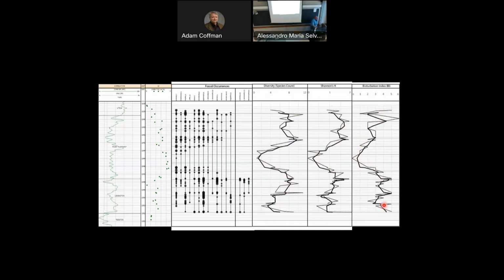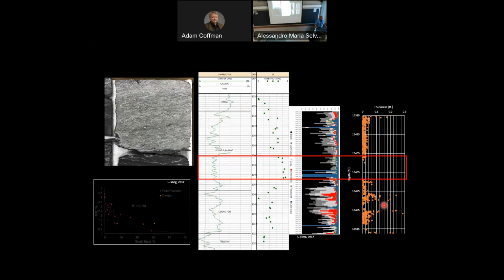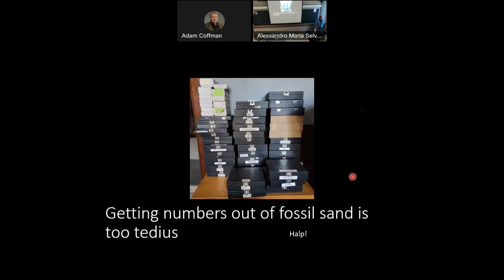And what this shows is basically thickness of shell beds. And you notice that in the zone where you get a lot of organic matter, the shell beds are almost gone, right? So that's basically it. That's my presentation of